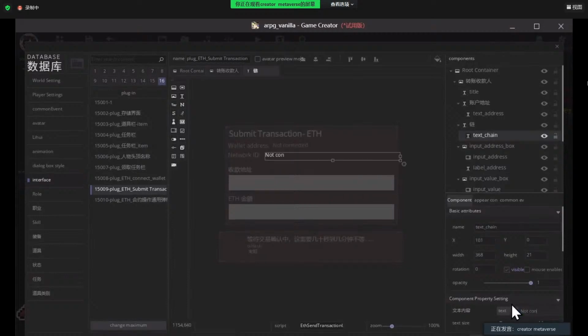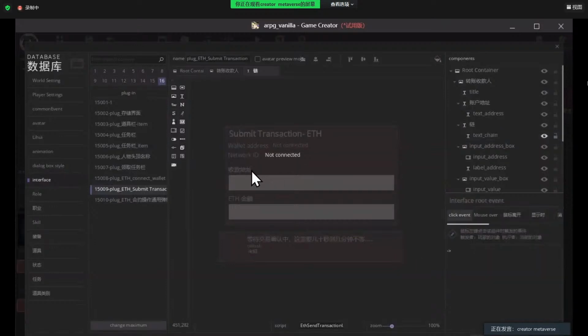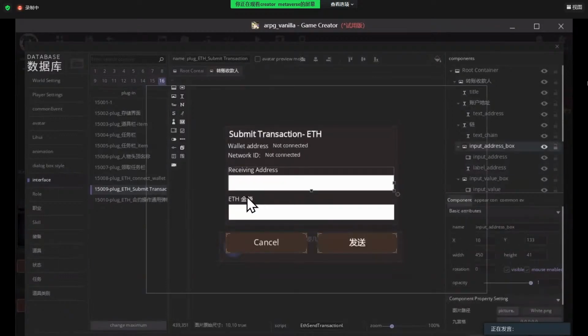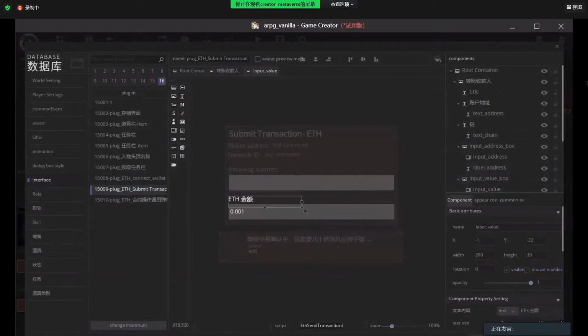Not connected. When it's connected, it will reflect the actual variables there. All right. And this is the receiving address. And this is ETH amount.